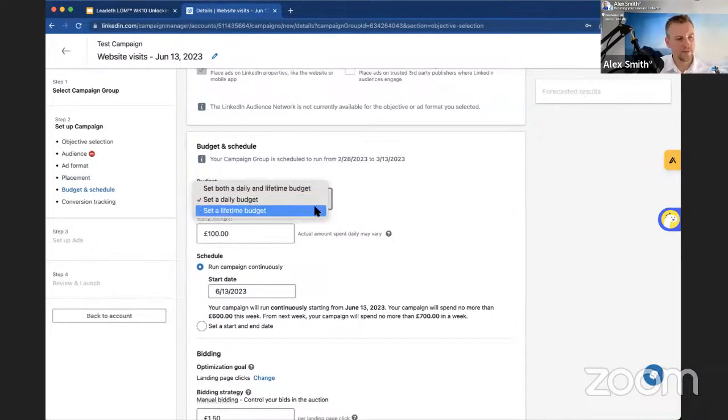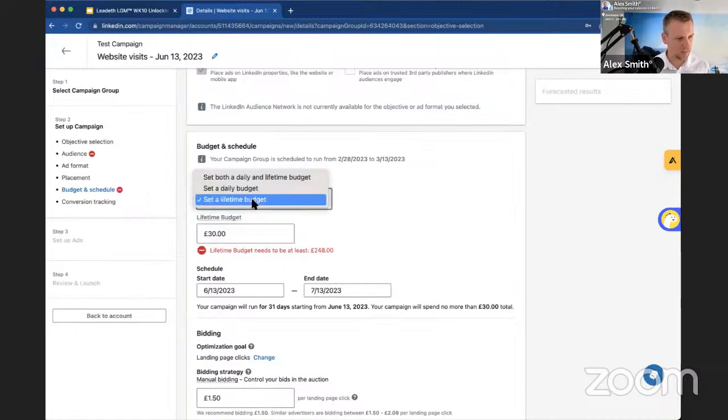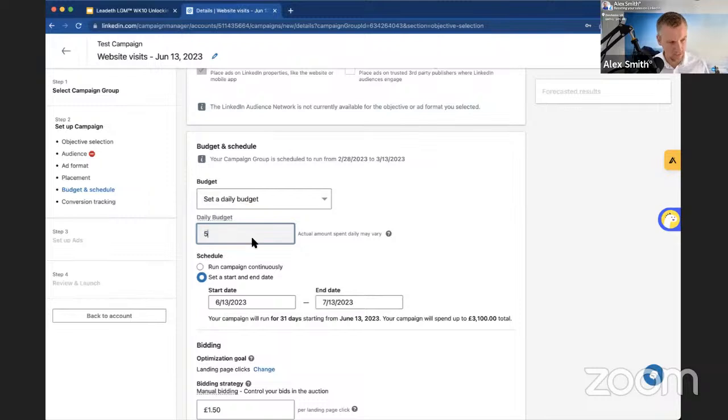So you can set a lifetime budget for the campaign. If you've got a whole month or whatever, and you want to throw some big bucks at it, you can specify that there. I'm not sure what the actual minimum is. I know recently I did a campaign for around about 30 quid as a test campaign. So the smallest campaign you could do is about 250 quid on a lifetime budget. And if you're doing a daily campaign, I think £8 is the cheapest, certainly the cheapest that I can do here in the UK. Seems like a lot of money, but if it's generating the leads and you're seeing a return on investment, then it's a no-brainer.